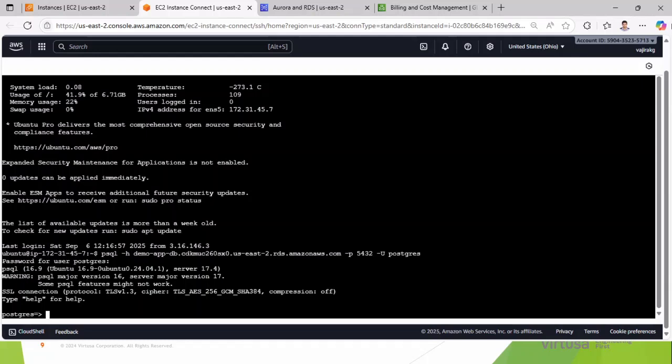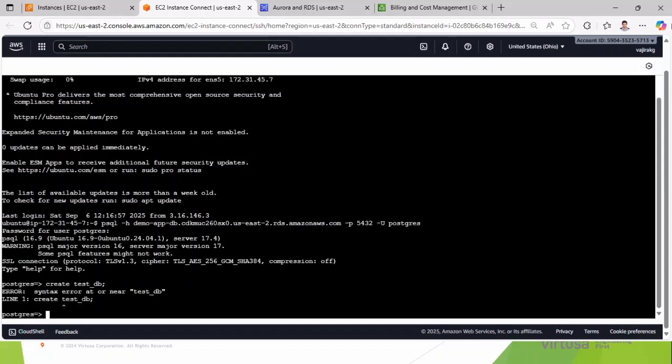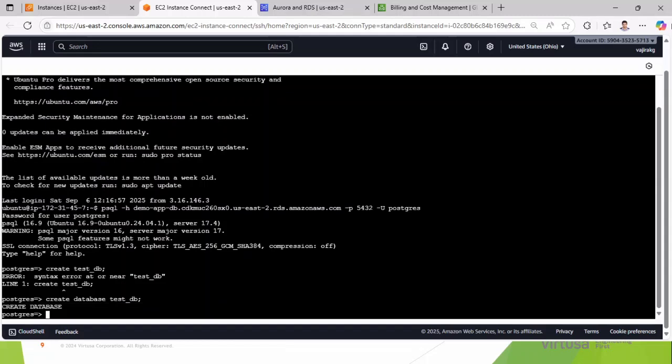If you want to create a database, you can use the default command CREATE DATABASE and your database name. Let's use testdb. So now it created a database called testdb. If I want to connect to the database,